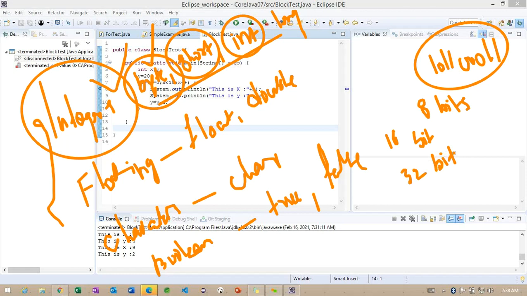So basically, if we want to know the internal style, first we need to know how exactly this binary format data is going to work. When you identify that, you can easily understand how exactly this 8-bit, 16-bit and 32-bit work. And finally, the long is going to take a little bit more, that is called 64-bit. This is the range of this particular 8-bit.